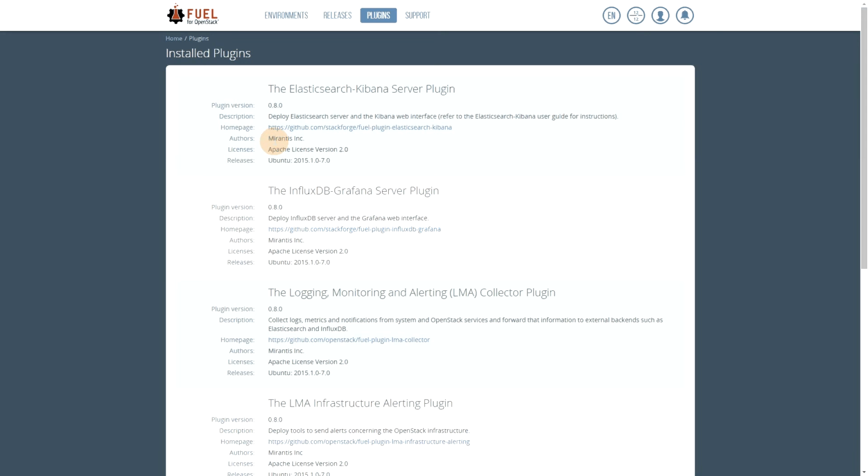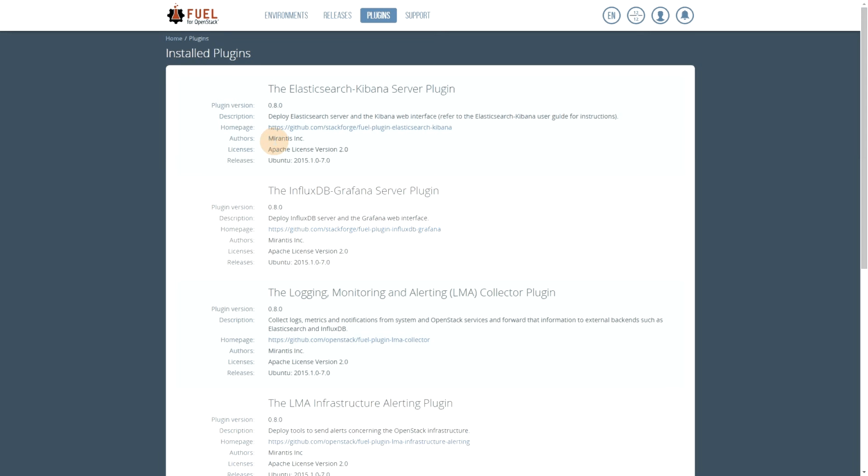It could be a storage plugin, a network plugin, a DLMA toolchain, or an LDAP plugin, and they would be listed here. So you log in on the Fuel node with SSH, and from there you can do a curl or wget